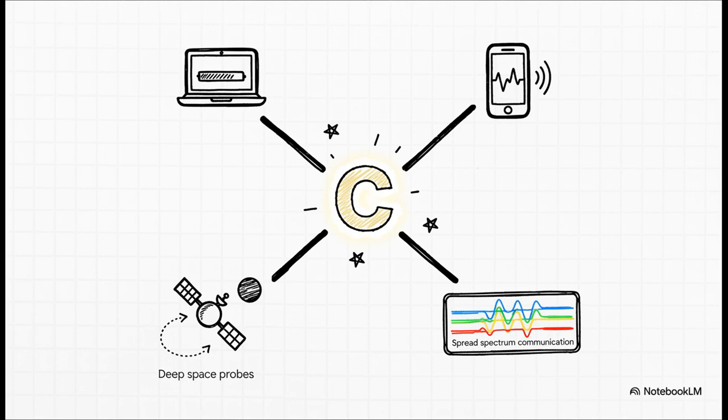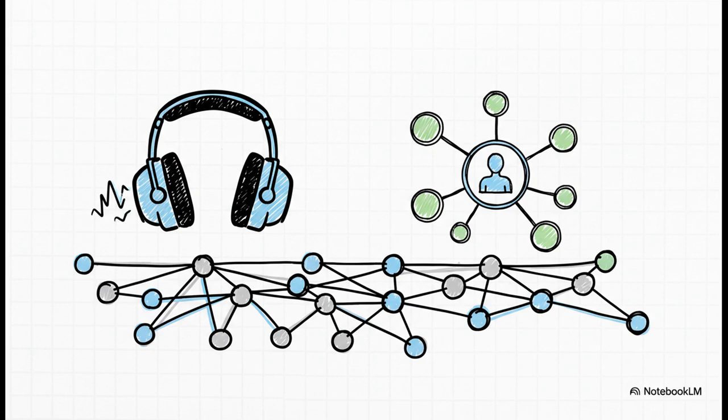And the impact of knowing this universal speed limit? It is absolutely staggering. It's the theoretical foundation for our faster internet, our clearer phone calls, our ability to talk to probes in deep space, and even the spread spectrum technology that lets tons of us share the same channel without getting in each other's way. And really, that's the main takeaway here. From the clever little adaptive algorithm in your headphones to the vast architecture of our national healthcare data, it all comes back to these same foundational principles.